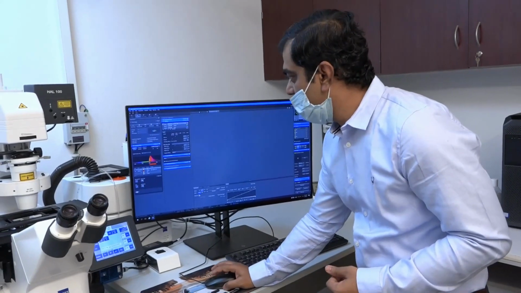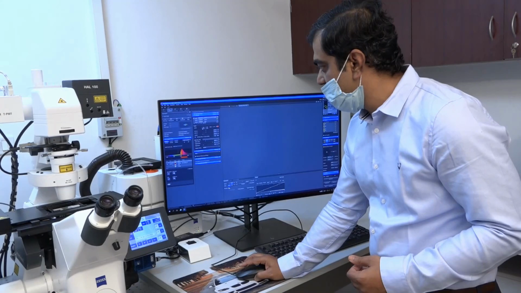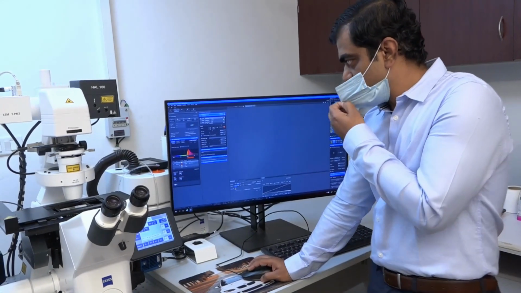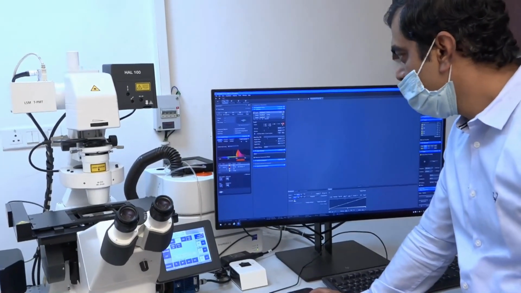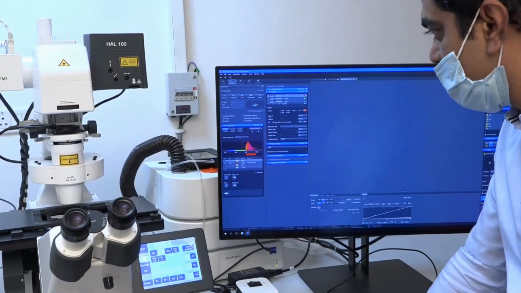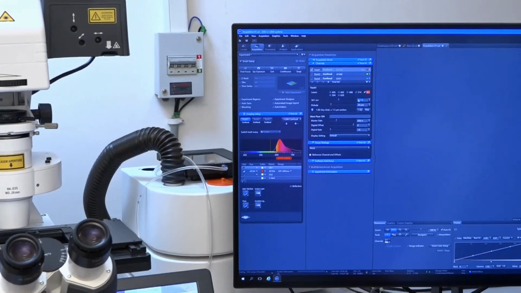So first I'll optimize this 594, or rather 561 will be the laser I am looking for. So this 561 laser I am using here, and this 561 nanometer 0.2% is the laser intensity I am using.